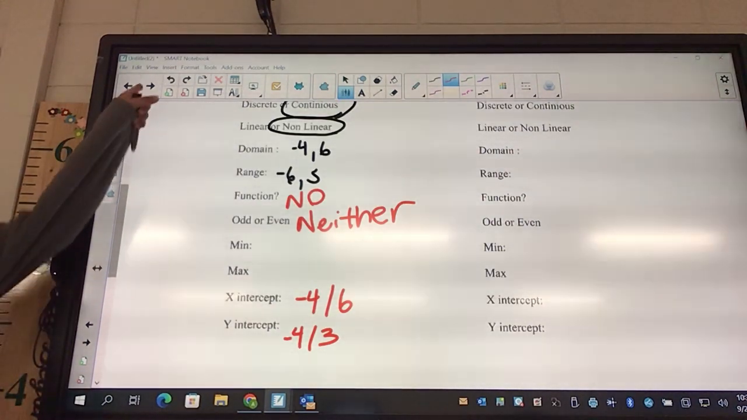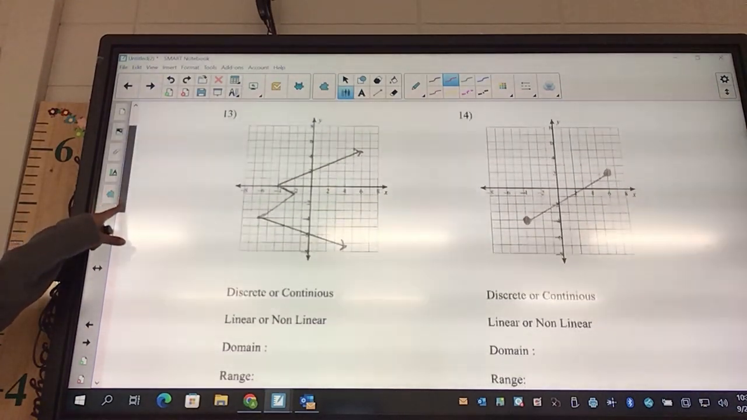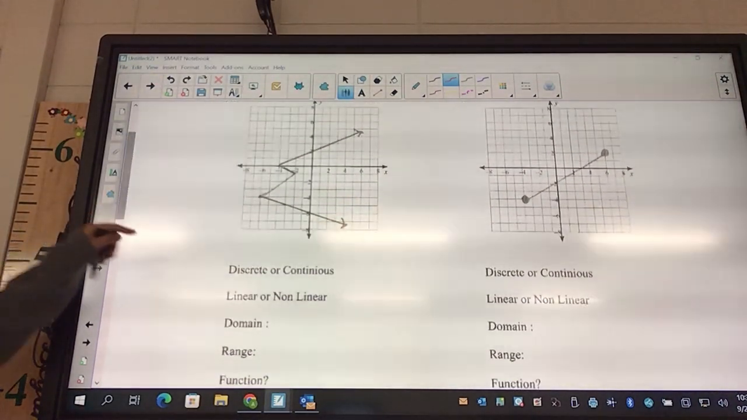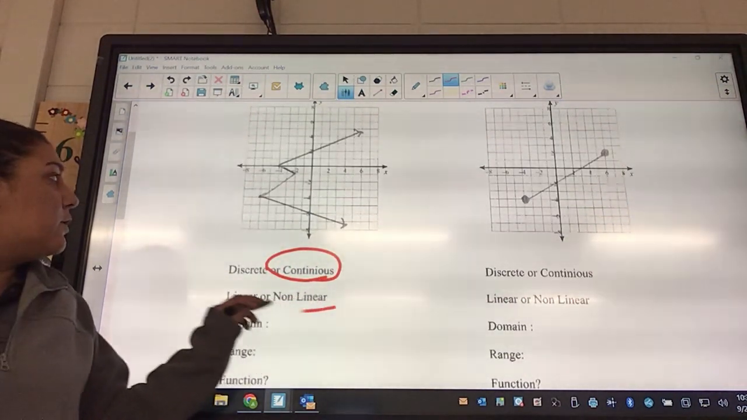Okay, flip your page. Is this discrete or continuous? Continuous. Continuous, linear, or non-linear? Nonlinear. Non-linear. The domain,